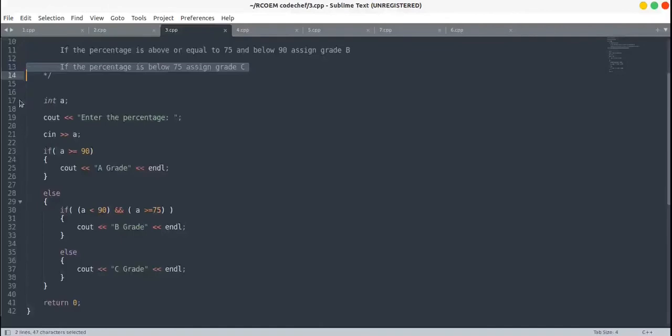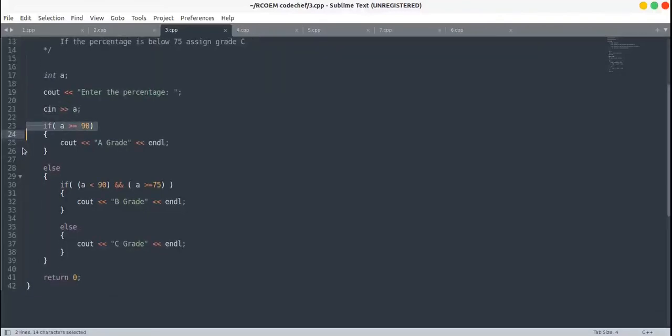To solve this problem, first we will initialize a variable a of integer data type and take an input from the user and store it in a, and check if a is greater than or equal to 90, then print grade A. And if a is not greater than or equal to 90, then we will check this condition.